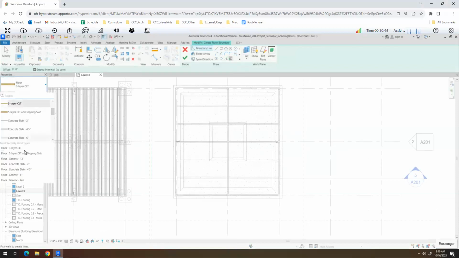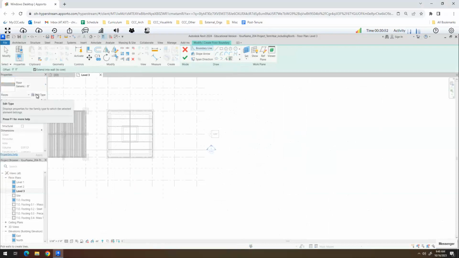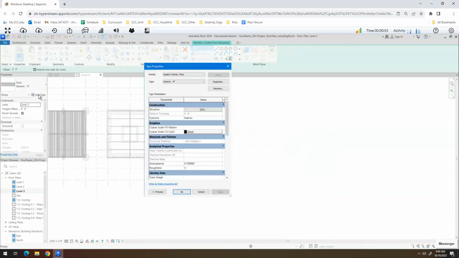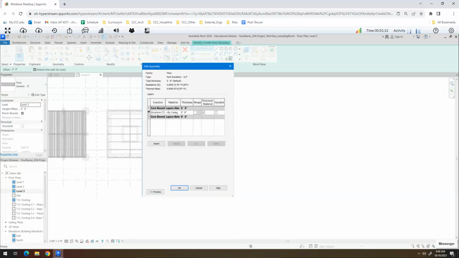I'm going to look for a generic 8-inch floor assembly because I'm going to end up changing it here. I'm going to edit the type. I'm going to duplicate this one. I'm going to call it roof insulation, and I'll indicate how thick it is, 6.5 inches. Say okay. And for the structure, I'm going to just use this structure layer as my rigid